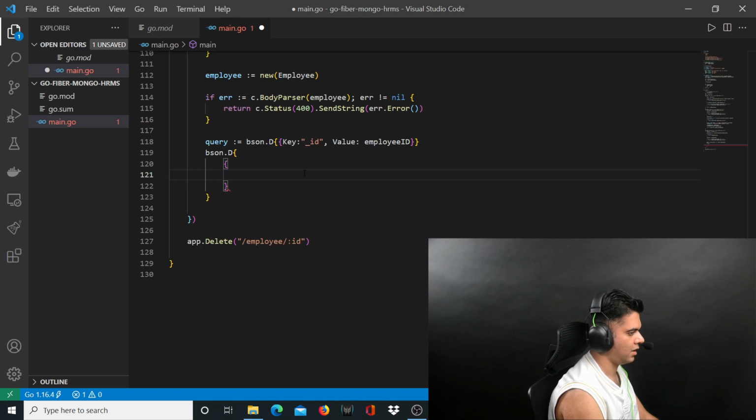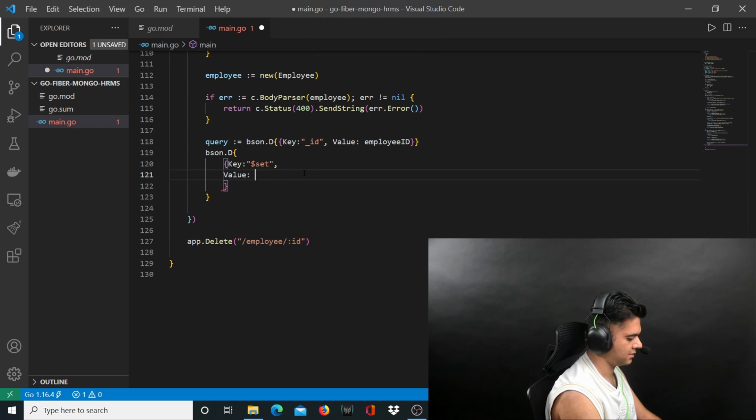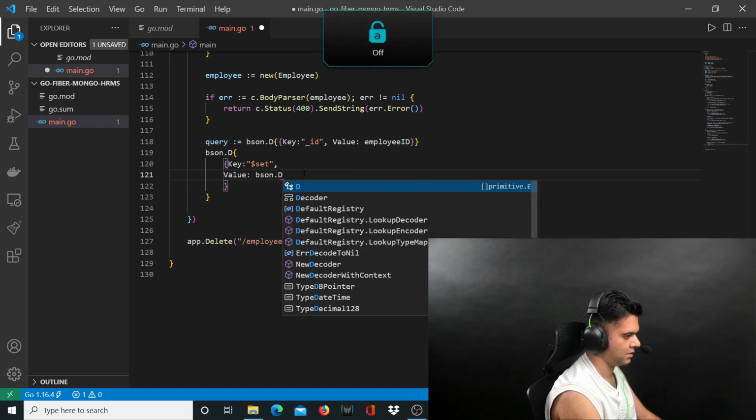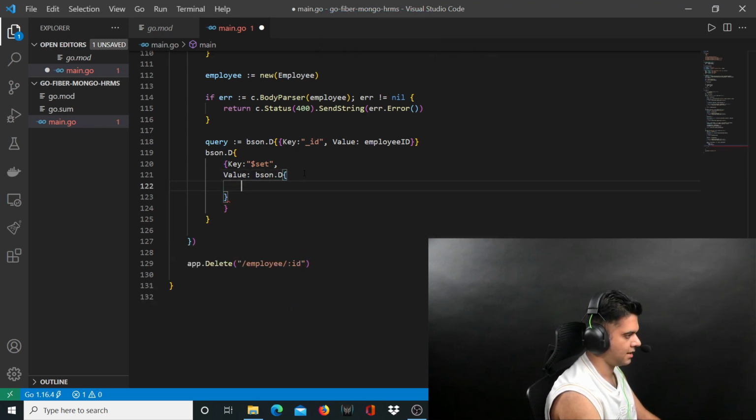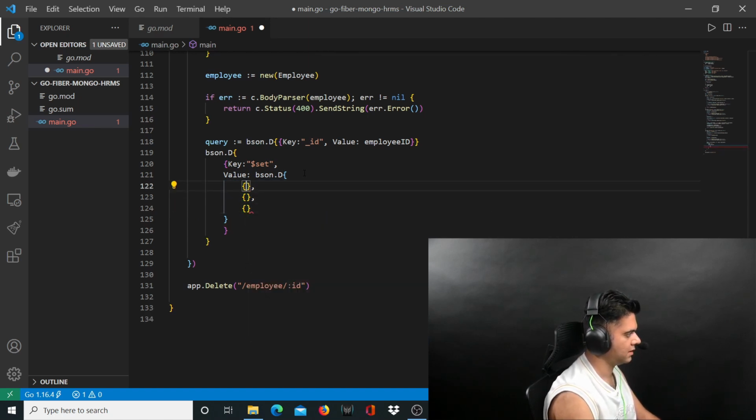So this is how it's going to look like. It's going to be bson.D. Inside that you'll have a key, and the key will be $set, like I just mentioned, comma. There'll be a value for that, and the value is defined like this. It's bson.D. Inside that you have three things, because there are three